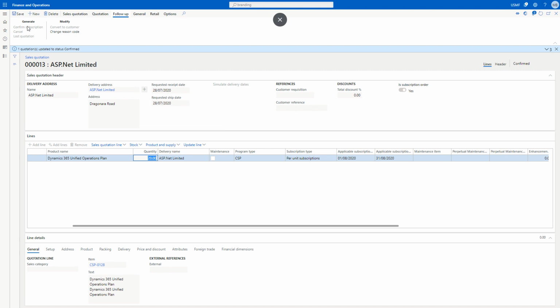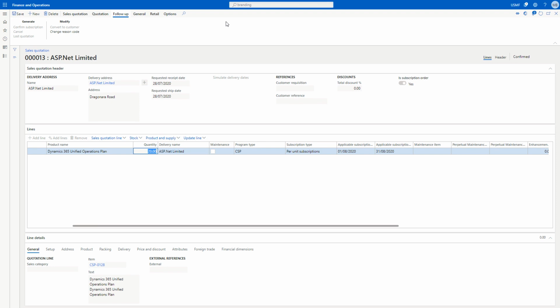But in this case, since the button is now confirm subscription, due to the fact that it is a quote, instead of creating a sales order like in standard Dynamics 365, the process actually now created a subscription